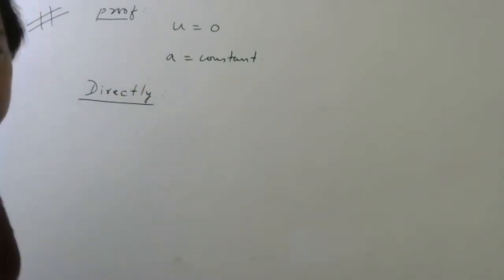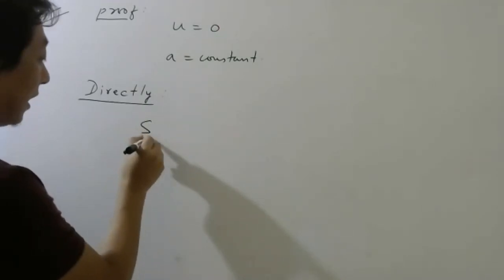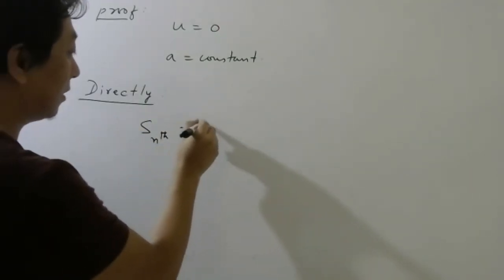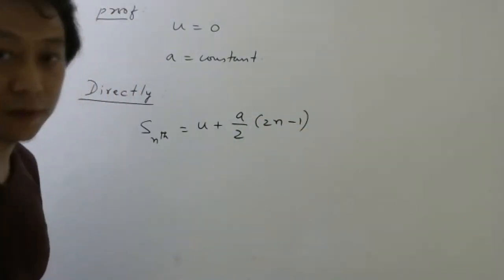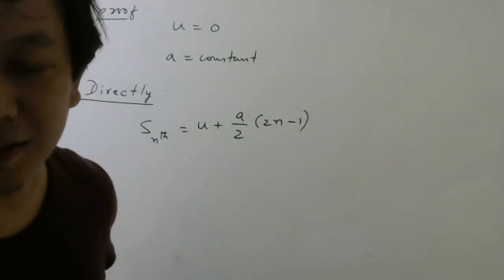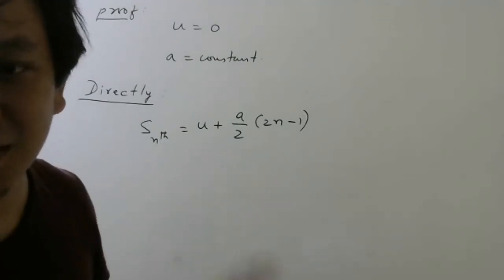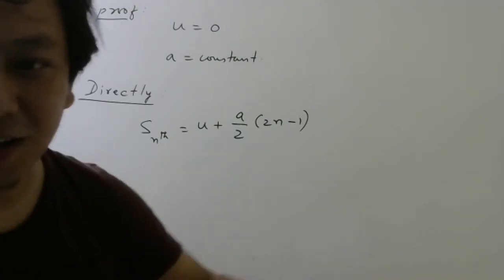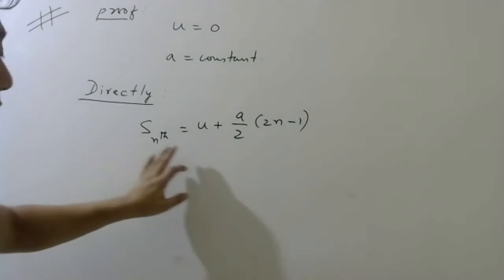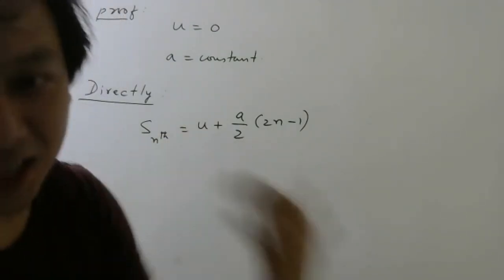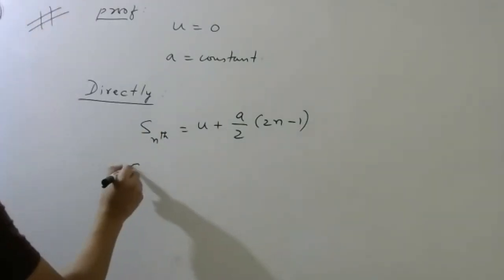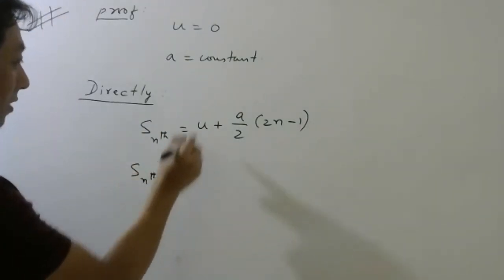What is the formula for displacement in nth second? u plus a by 2, (2n minus 1). Anyways, it is for entrance. In board exam, it will not be asked. So it doesn't matter whether you do it directly or the lengthy way. This is the formula or not, students? Displacement for first second or second or third second. This is the formula. Now, what is the initial velocity? 0.